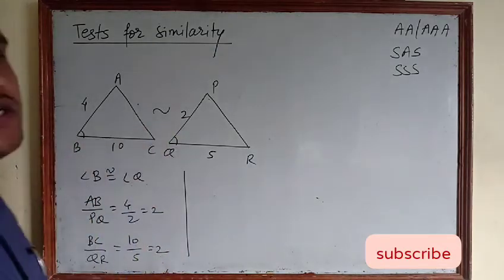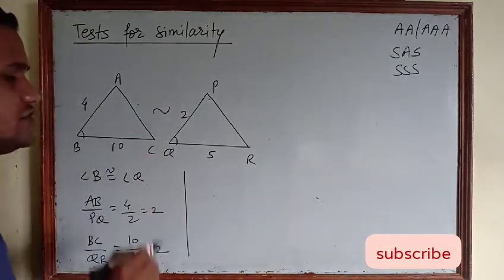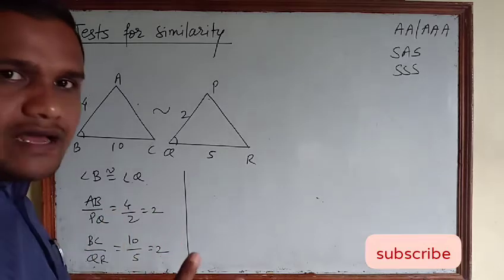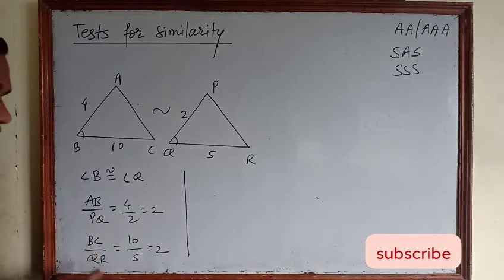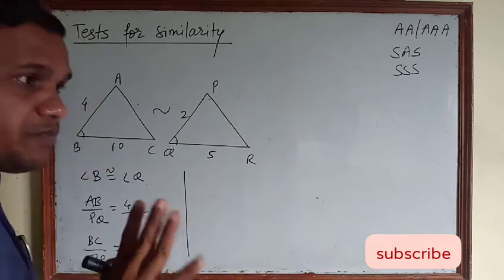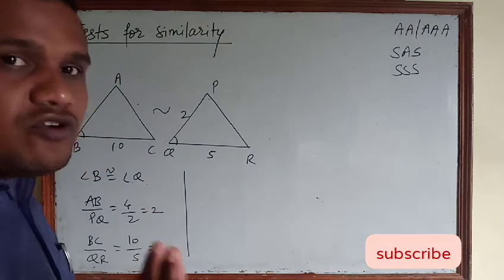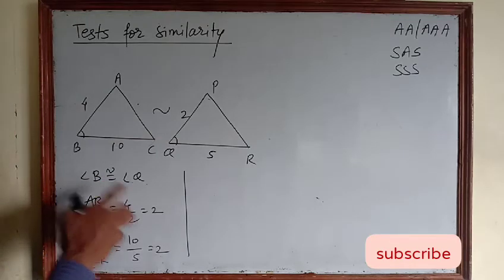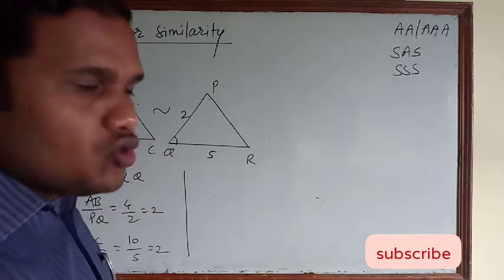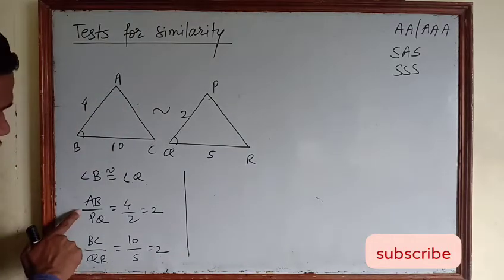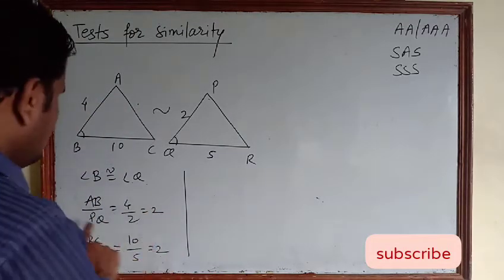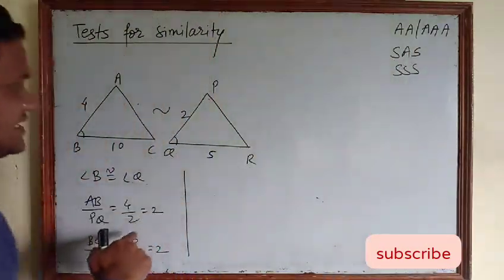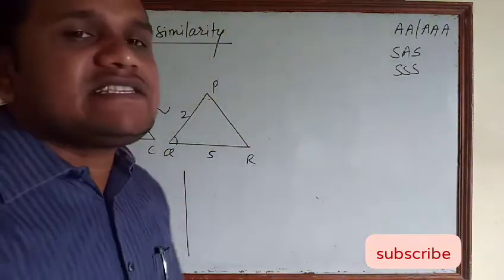So in these two similar triangles, you got two pairs of sides whose ratios are equal, not that the pairs are congruent. We will say ratios of corresponding sides are equal for two sides only, and one pair of angles are congruent. Angles are not similar, they are always congruent. So you got two side ratios and one angle. Two sides and one angle means in this case the triangles are similar by SAS test.